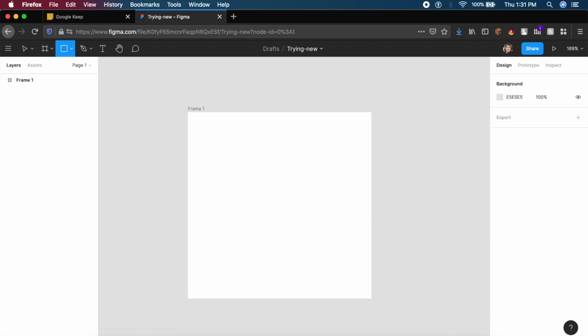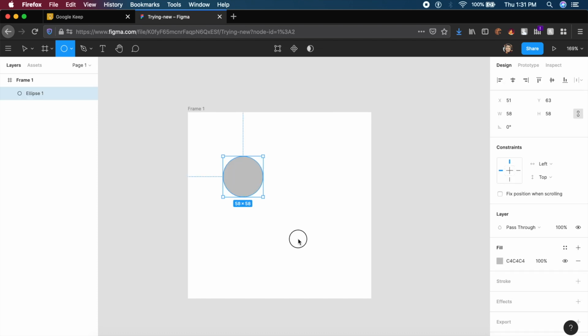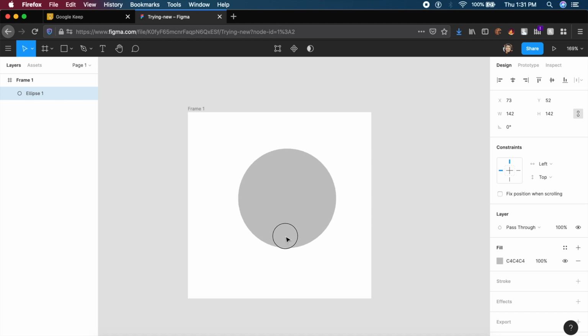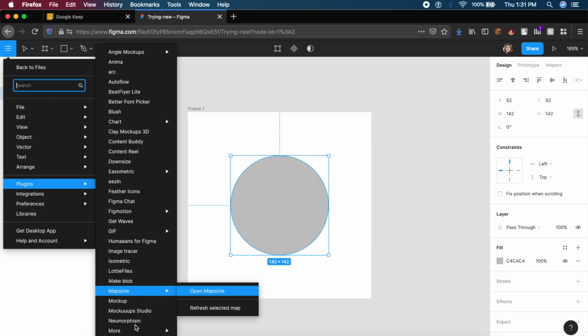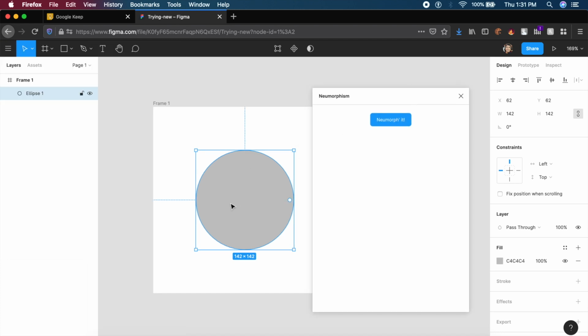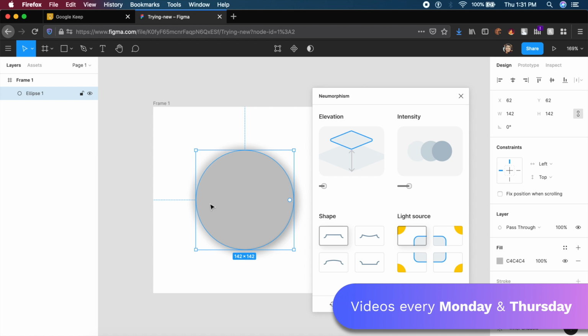Now, a lot of you guys want to create good neumorphic designs, but it's very hard. There are a lot of steps, and often we end up copying stuff from here and there. Now, there's a plugin called Neumorphism. If I click on this, what it allows me to do is I can convert anything right here into a neumorphic element. So if I click on this circle and click on Neumorph it basically changes it into a neumorphic design. It also allows me to edit based on how I like it.